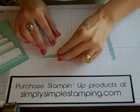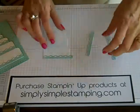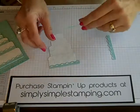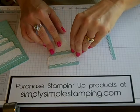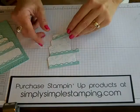So I'm going to just line it up the bottom. So there's my first one. I'm going to take the next one, and what I'd like you to do is line it up right on, don't overlap on top of that other layer, but just come right on top of it. You'll see why here in a minute. Let me put my last one on,